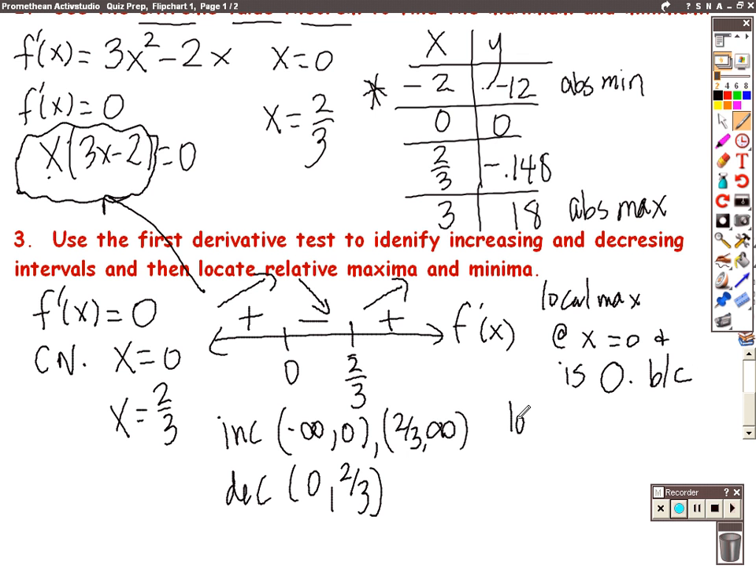There is a local minimum occurring at x equal to 2/3 and is, we could say, f of 2/3 for the exact value, because the first derivative changes from negative to positive at that value. Okay, and then the next thing that I'd like to review for your quiz